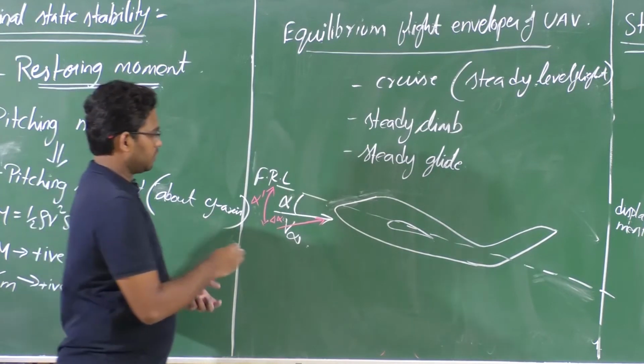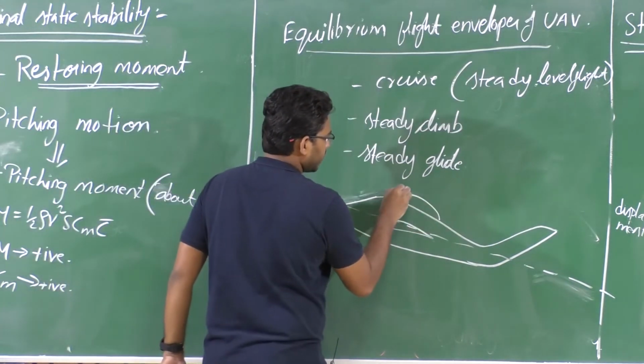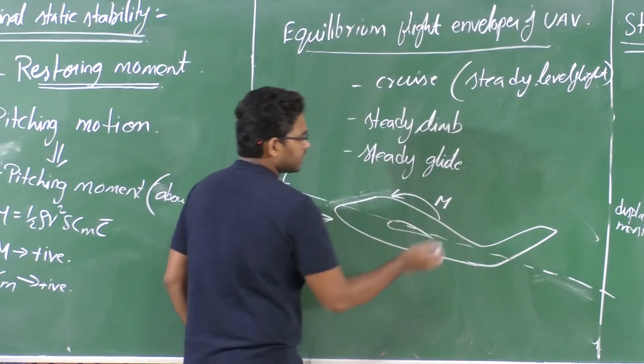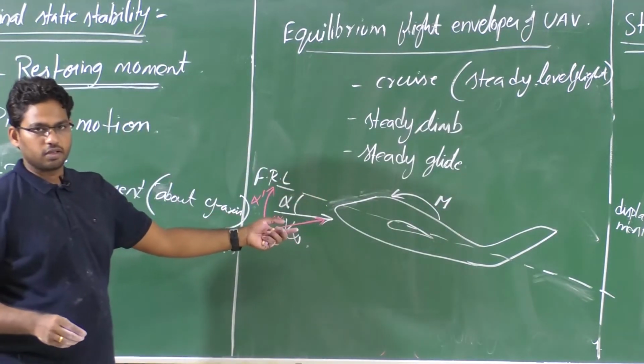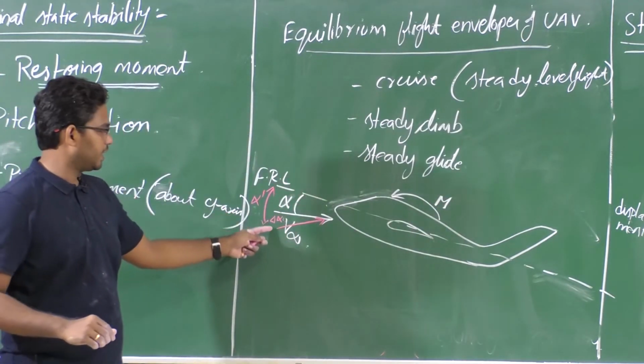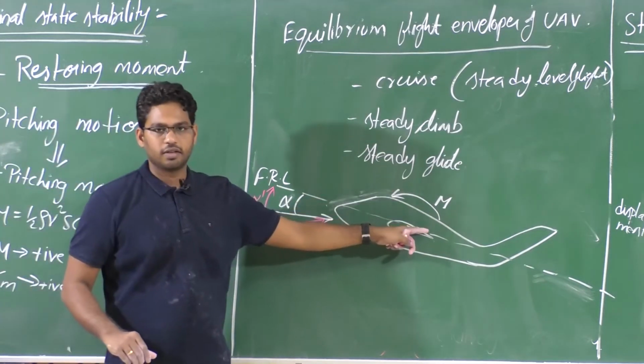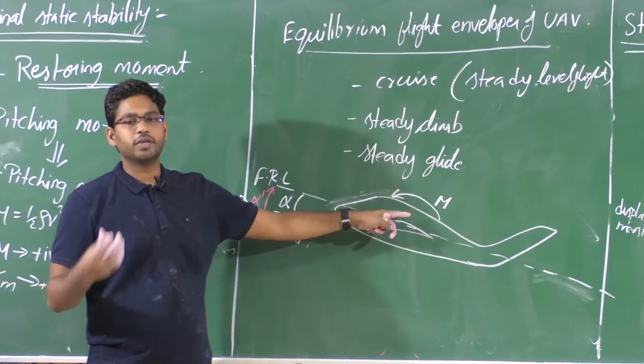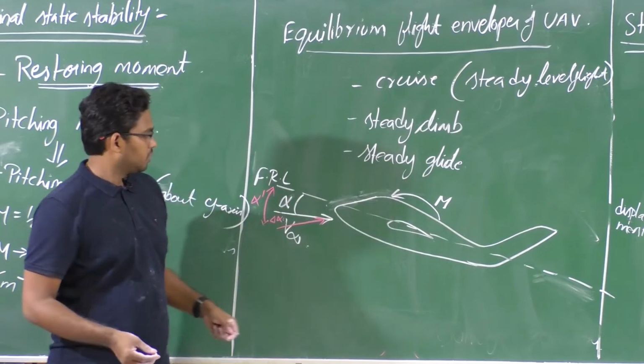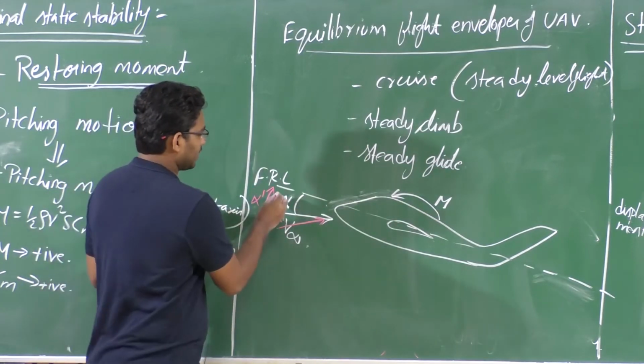So that means there should be a restoring moment by means of this pitching moment, isn't it? So for an increase in alpha, there should be a decrease in the moment, or a negative moment. Similarly, when there is a decrease in angle of attack, let us say,